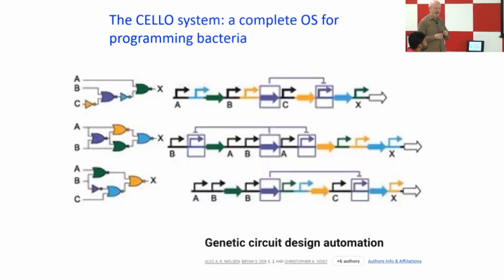But, and this is a big but, so far all these circuits that I told you about were based on intuition, right? You sit around, you have a brainstorming, or you think about an iGEM project, and you think, well, how can I implement this counter, or how can I make this push on, push off, whatever. But this is not enough. If you go to more complex circuitry, you cannot base that on intuition only. So on that basis, years ago, in fact now nearly 10 years ago, someone called Chris Voigt, and I think we have mentioned his name various times, developed this platform that has become super useful for the automated design of